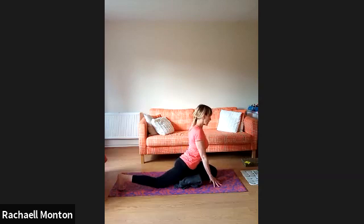And we reach the tailbone down here, lift the chest and look along the floor. I want to drop the shoulders and just get a little lift in my chest. Hold for 3 breaths. So this is known as a one-legged king pigeon pose, opening into my hip, so I can feel that opening